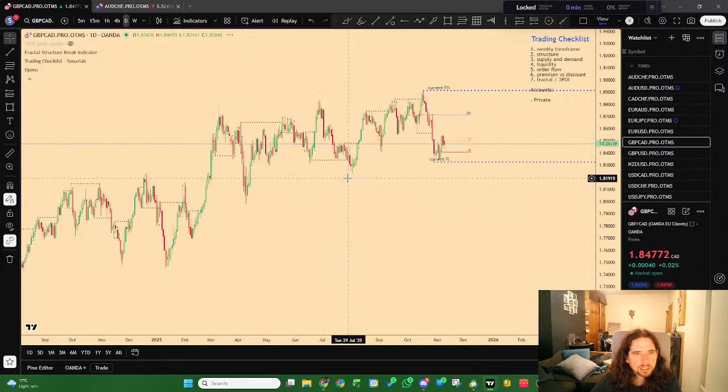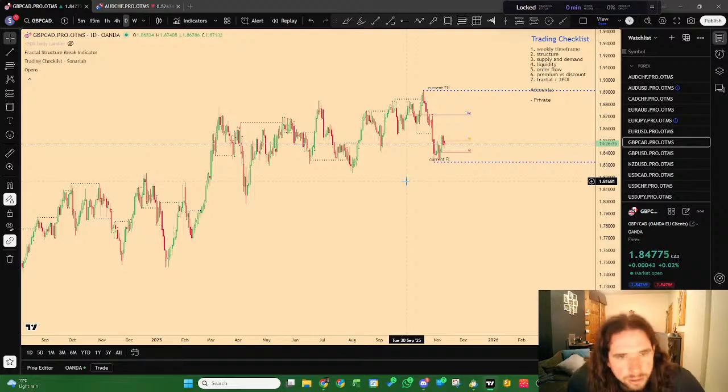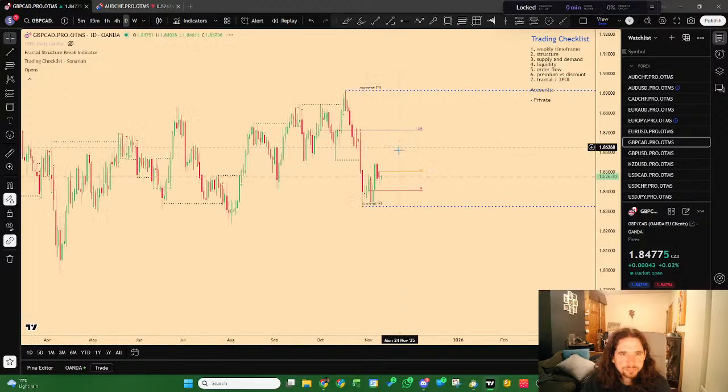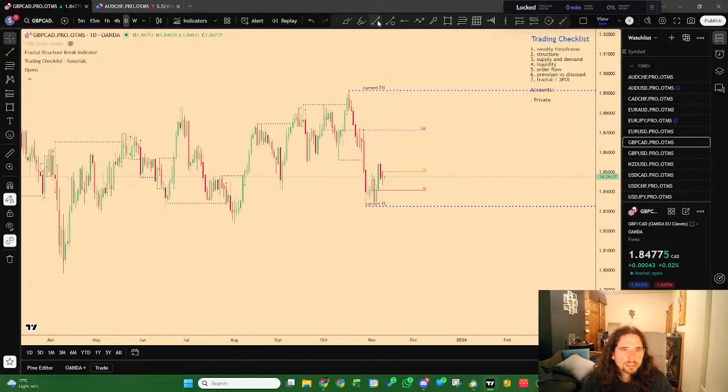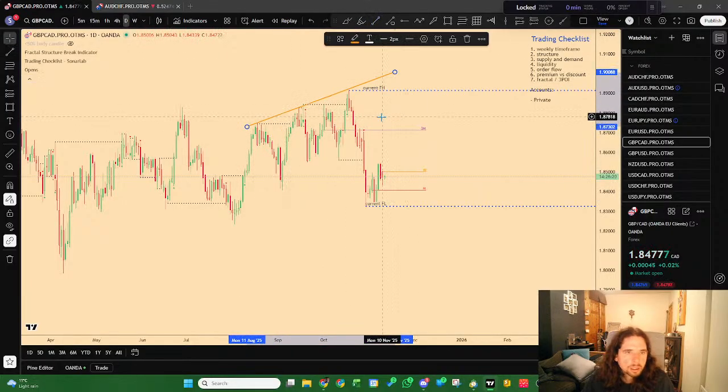You can see that by the daily, we're almost ranging, but not quite ranging. There was actually a three top there, and then went down. Yeah, there were three tops there, and then went down.